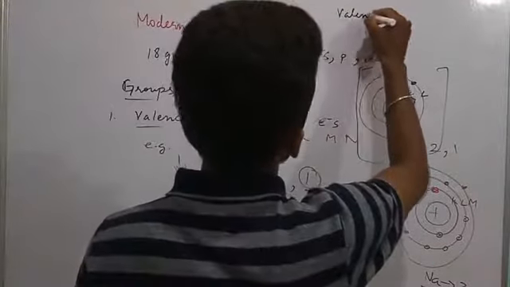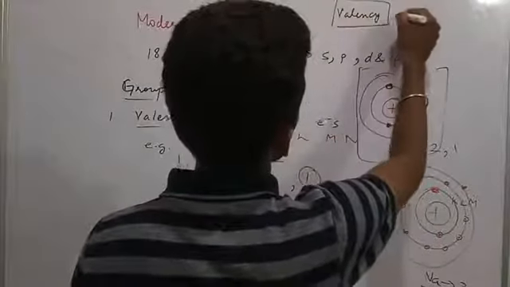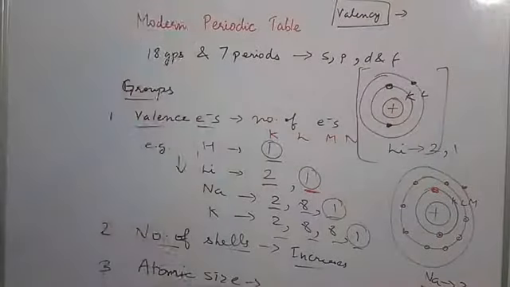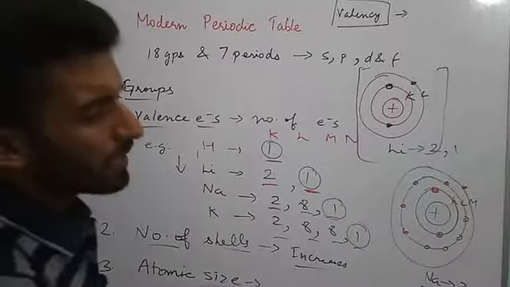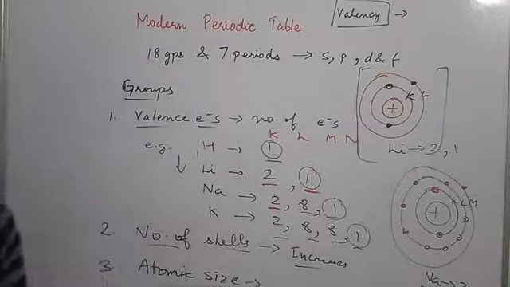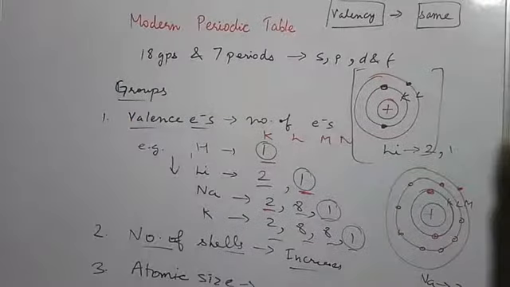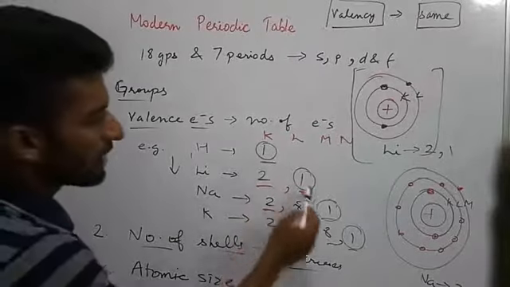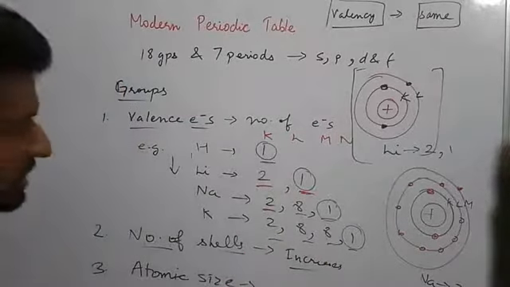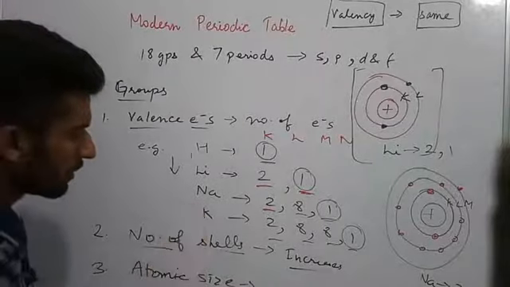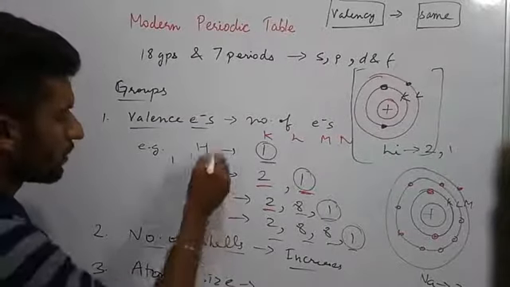Valency. What is valency? Valency is number of electrons lost or gained by an atom or by an element to get stable, or it is also defined as the combining capacity of an element. So that entirely depends on the valence electrons. You have to keep in mind that valence electrons are the same, they are not changing in a particular group, like these first group elements, these all.